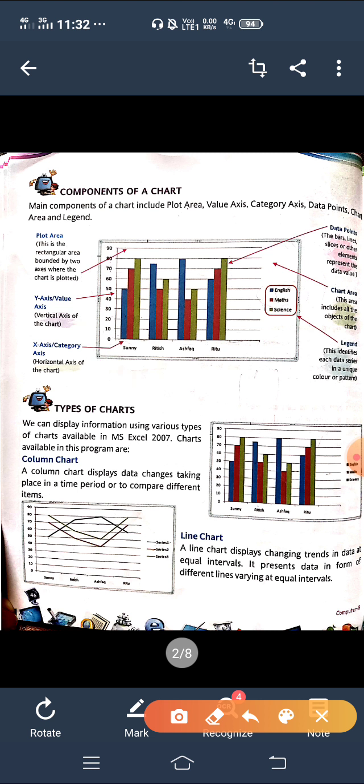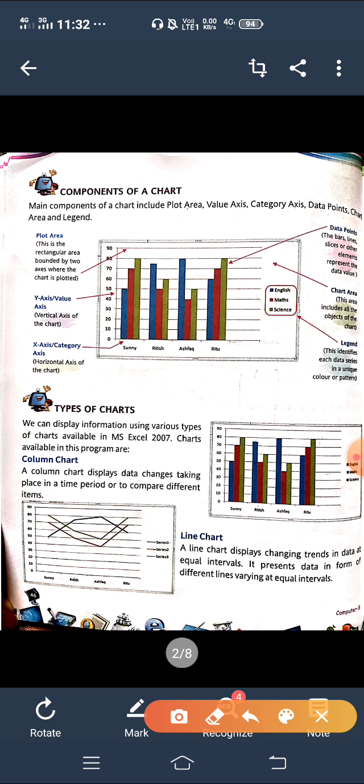The second is the y axis, or you can say the value axis. The value axis means the vertical axis, the y axis, this one. Next is the x axis, this one. This is known as the category axis, the horizontal axis of the chart.